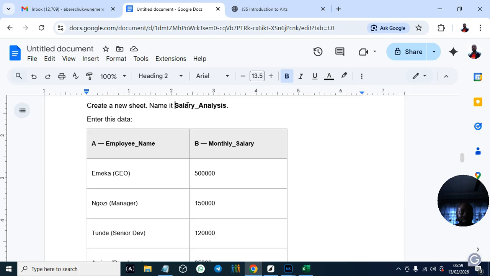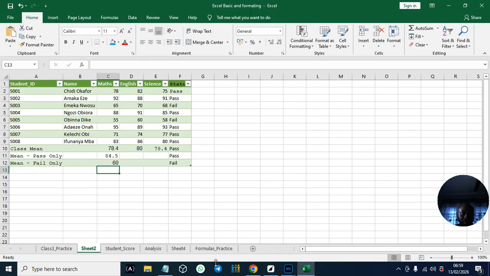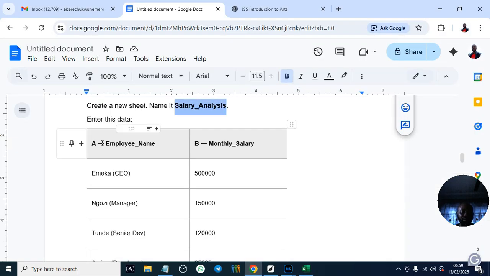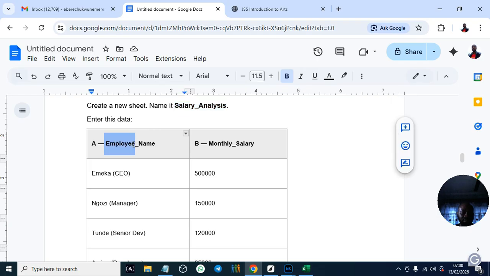So let's call it salary analysis. This is where data science gets interesting, because you have to be analyzing everything. So let me change the name to salary analysis. Now let me enter the employee names.